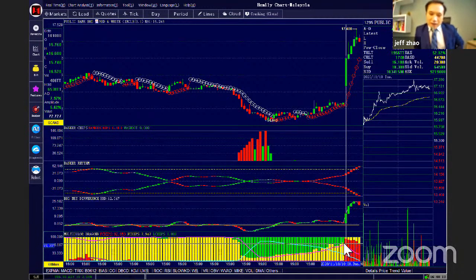On the mini chart, we more often use the multi-color Dragon X. If you use the daily chart, you can use the MCD. When you want to check index shares, you need to use the multi-color Dragon X. When you want to check non-index or non-blue chip shares, you can use the MCD.